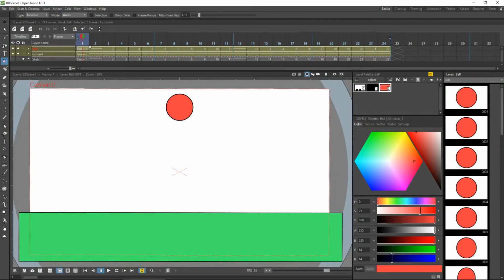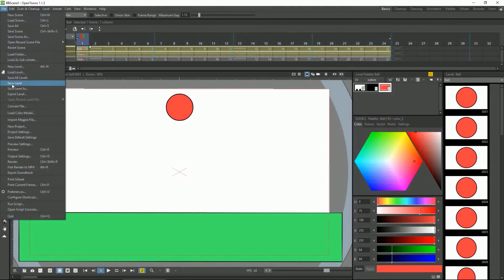So that's the animation set up and working in Opentoonz. But how do you build it into a video file to share with your friends or put onto YouTube? Well, that's where rendering comes in. So to create a video file, first you have to go to the output settings under File,